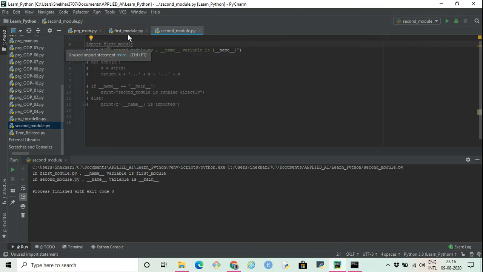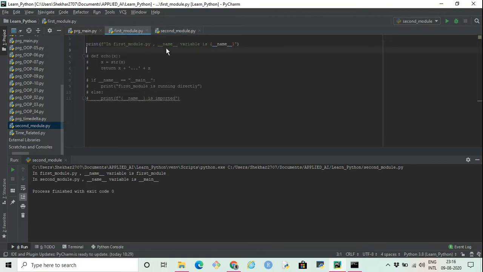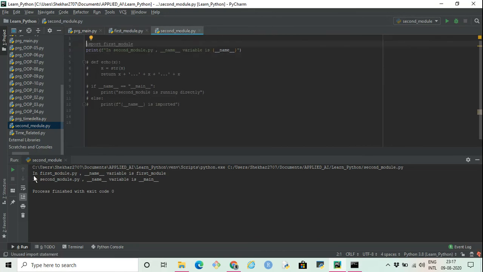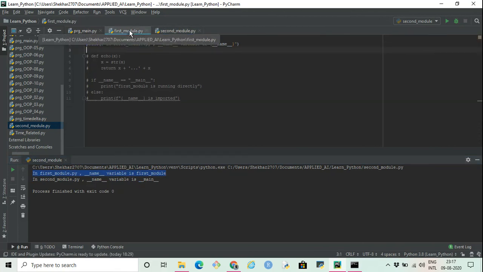Now, if I go to first_module.py, it is printing the value of the __name__ variable. If you see in this output, the first print statement that we get is coming from the first module file. In the first module, we are simply printing this string and the value of the name. So the value of dunder name is first_module.